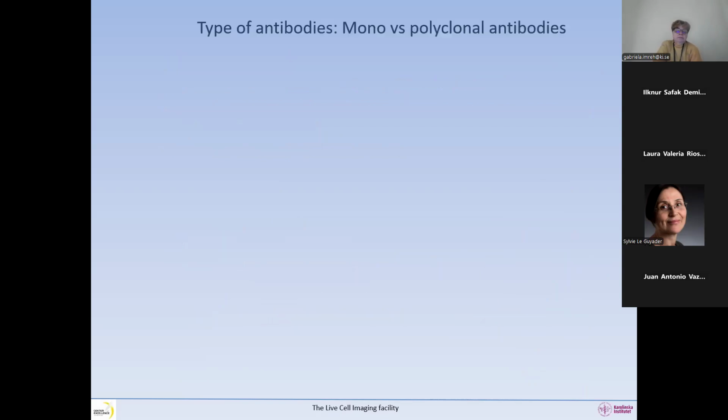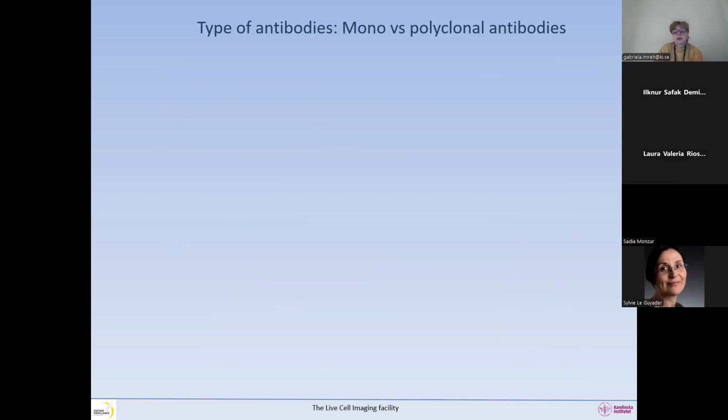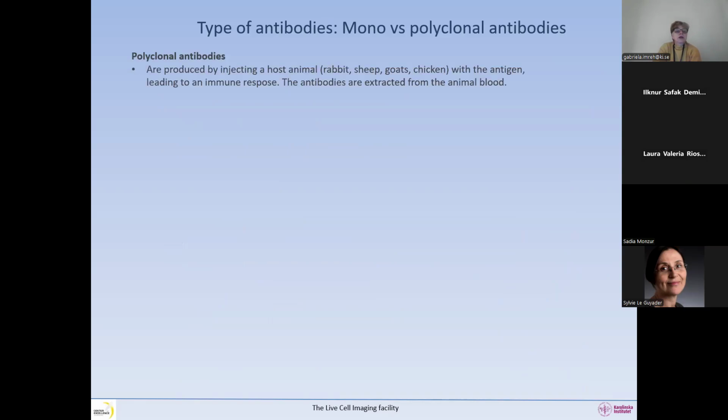Now, how many types of antibodies do we usually work with? We have monoclonal and polyclonal antibodies. Let's start with them. The polyclonal antibodies are produced by injecting the host animal, which can be rabbit, sheep, goat, chicken, with an antigen, which will lead to an immune response in these animals, and then the antibodies are extracted